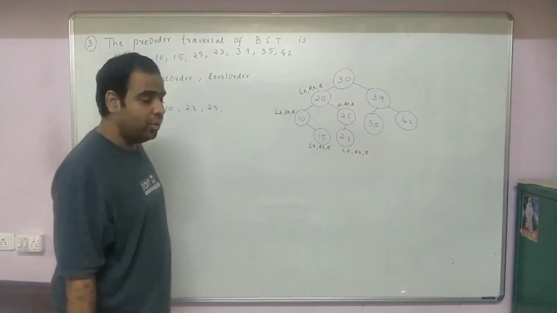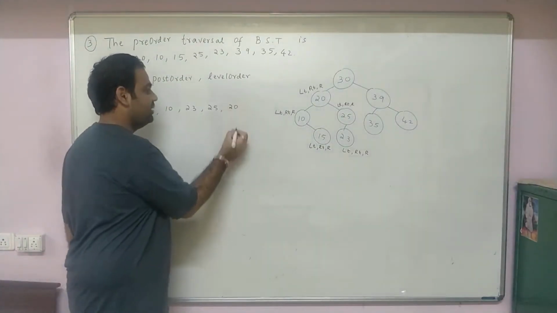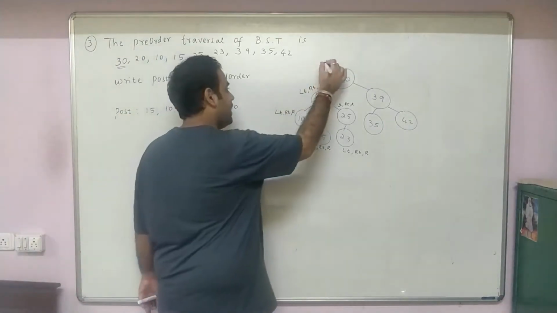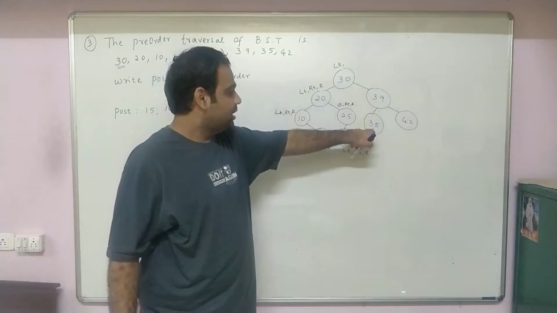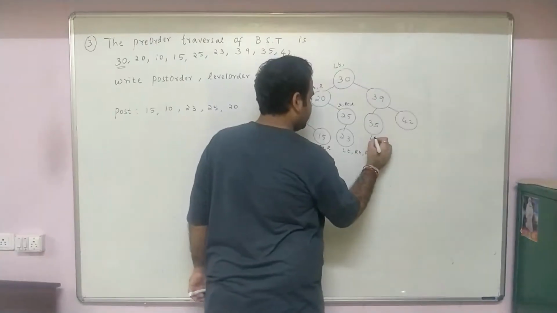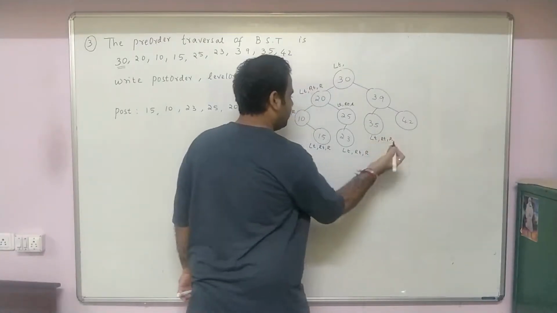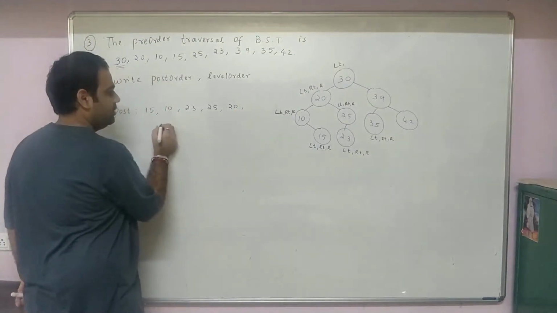You have to process the root, and what do you get? You get 20. All the three things are done. Go back to the parent from LHS. Is that okay? Now you go to the RHS, again you go to the LHS. LHS is done, RHS is done, and you process the root, and what is the value that you get?